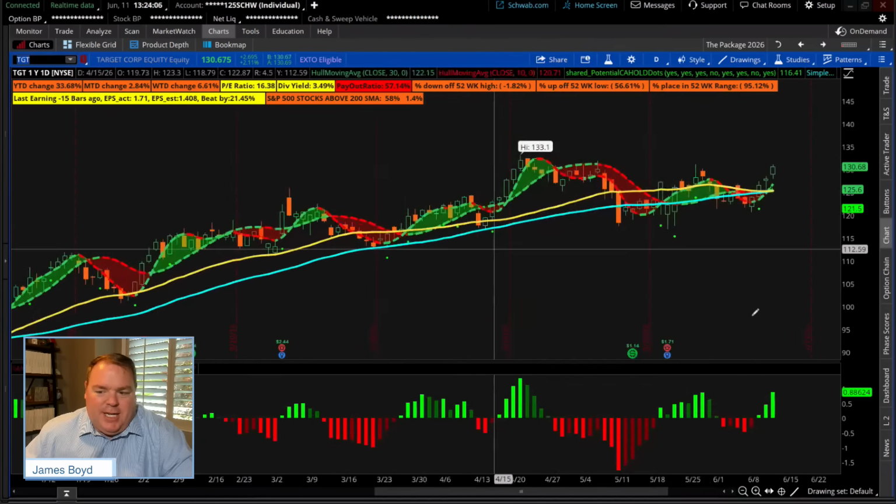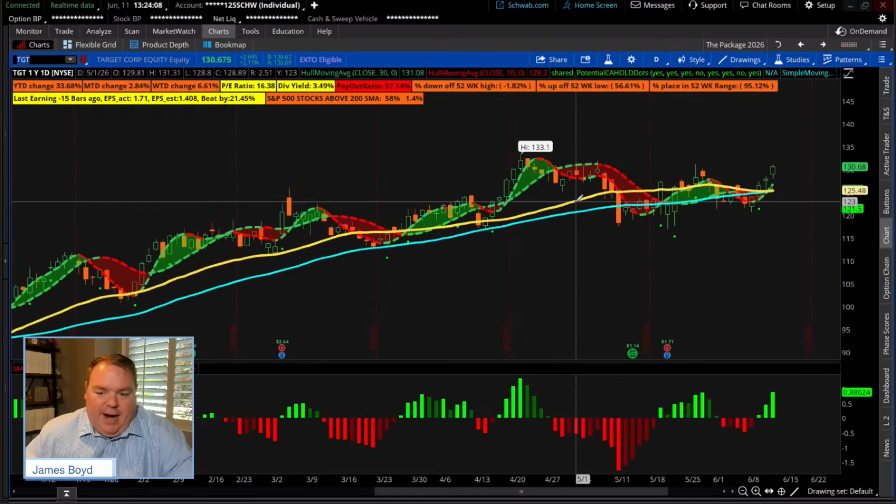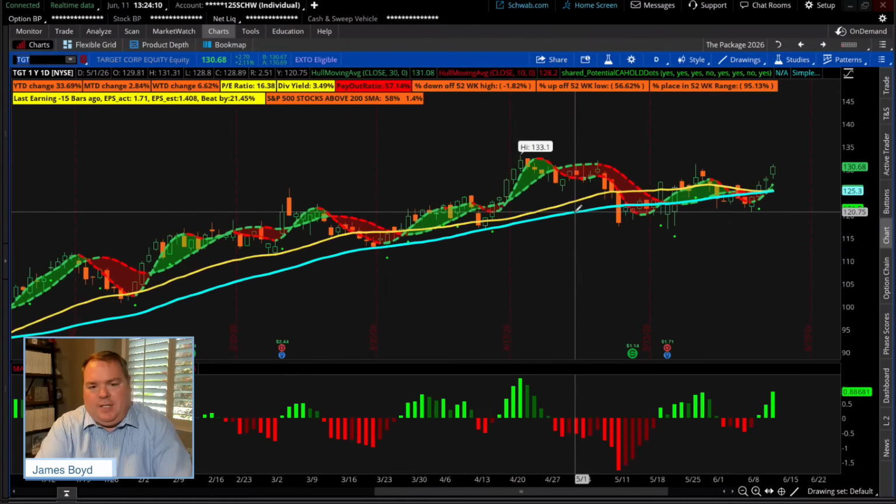So remember, what is the yellow line? Well, that's a 30-period moving average. The blue line, what is that? That is the 50-period moving average. Why did you put those on? Well, our moving averages we normally look at are faster. The problem is when prices fall down, we want to have an idea of where those slower moving averages are, the 30 and the 50.